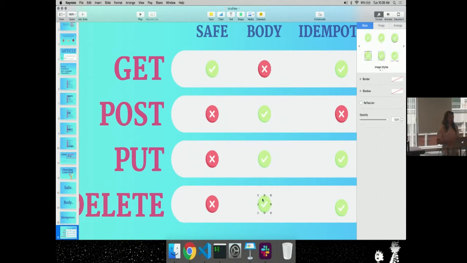Oh, so the response definitely has a body. We're talking about the request. Oh, thank you, that's a good clarification. We're talking about the request here, not the response. The response will have a body, or if it doesn't have a body, then I sure hope that the status code tells us that the body is empty, that there's nothing there, with something like no content, for example, right?